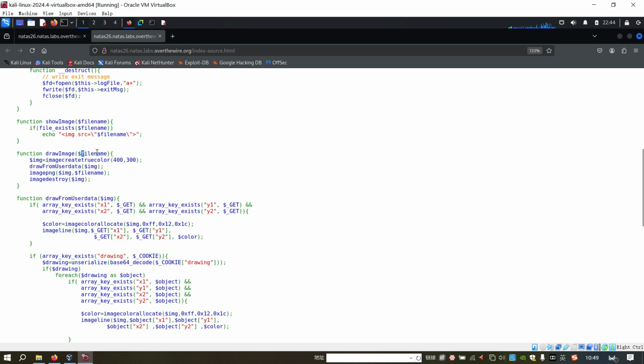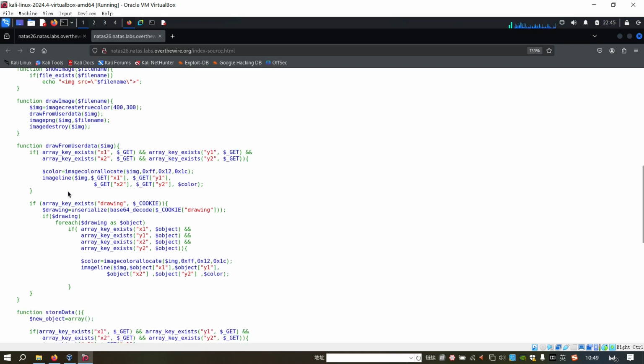So now we need to have a look at this function. We get the file name, and we create the box or canvas, right? And this is the size of the canvas. Then we call the function to draw data, where the data is submitted from the user. Here there are two blocks of if statements. If the user submits the coordinates, I mean two pairs of coordinates, then we allocate the color to this line,